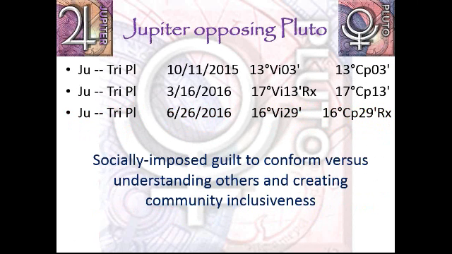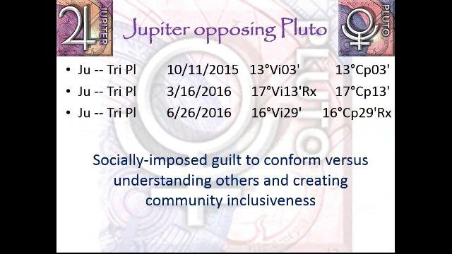And you can see that it will make 3 of these. And so we're going to have 2 earth signs, but what we're going to be looking at as we move into this fall in Pluto direct, Virgo is conditioned guilt via religions. Capricorn is conditioned guilt via societal conformity and conditionings. And so we're really going to be looking at socially imposed guilt to conform